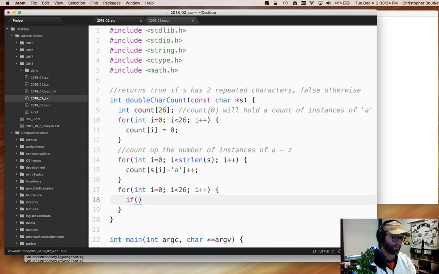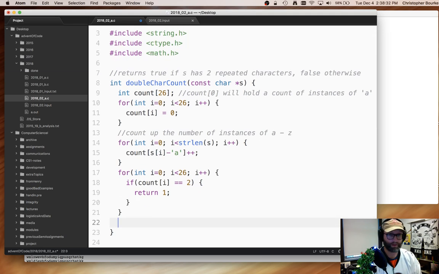And if count of I is equal to 2, then I'll go ahead and return true. Otherwise, if I get through that entire listing A through Z and none of them add up to 2, then I will return false. I did not find a letter A through Z that was repeated twice. Okay. Now, hopefully you see that to do the second part where you need to count for instances of 3,